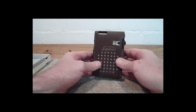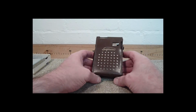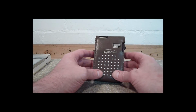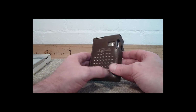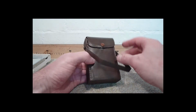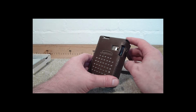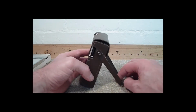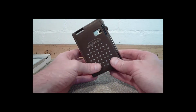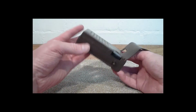Okay, so here we have the Supreme transistor radio, made in Hong Kong, as these tended to be as time went on in the 1960s and 1970s. Again, it's got a leather sort of cover, which is always nice because it actually helps keep the radios themselves in a better condition. This stand is not going to hold it up in a million years, so obviously it's not as good quality as the actual real time one, but nevertheless it serves its purpose. So if we take him out,